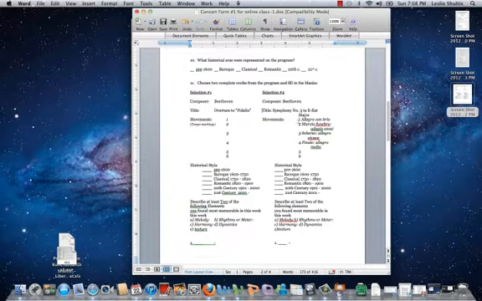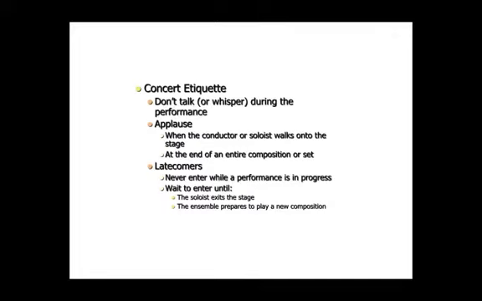Okay, you guys, just a couple more things to say about concert attendance. These next couple slides are kind of negative, but you should know, and I assume that you do, that you're not supposed to talk or whisper during performances, and don't applaud until the end of the composition. That means don't clap between movements, and again, if you're in doubt, wait till the conductor turns around.